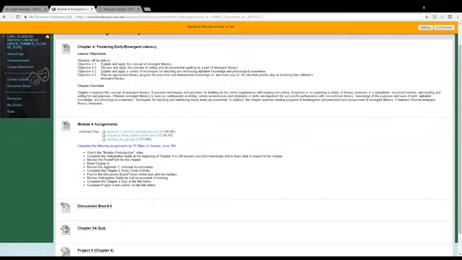Your project has 5 different activities in it, your typical vocabulary activity, and then 3 activities where I have provided some links out, some different resources for you to work with and reflect upon. And then, as I mentioned before, the final activity is where you will conduct one of these informal assessments with